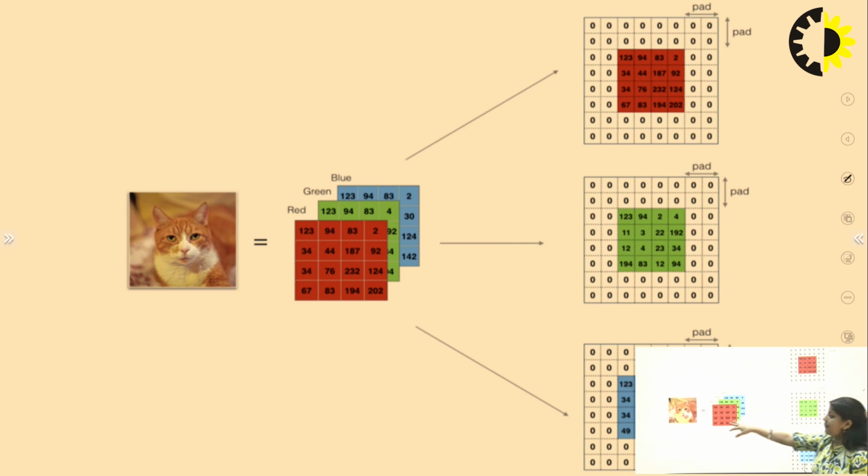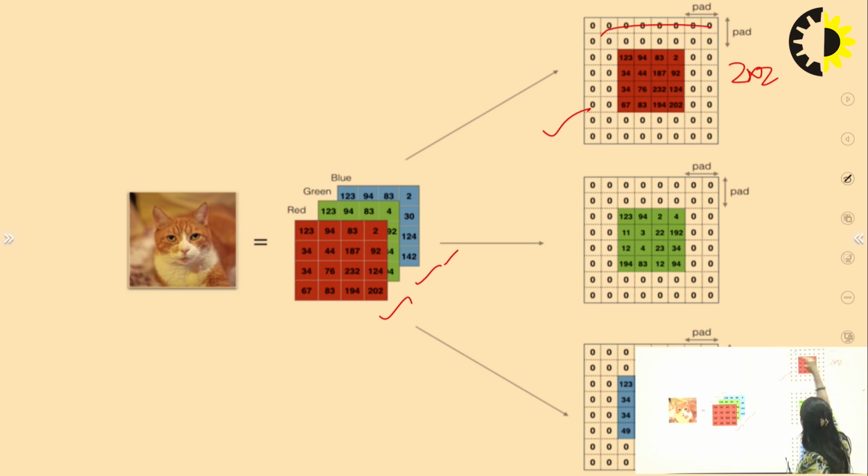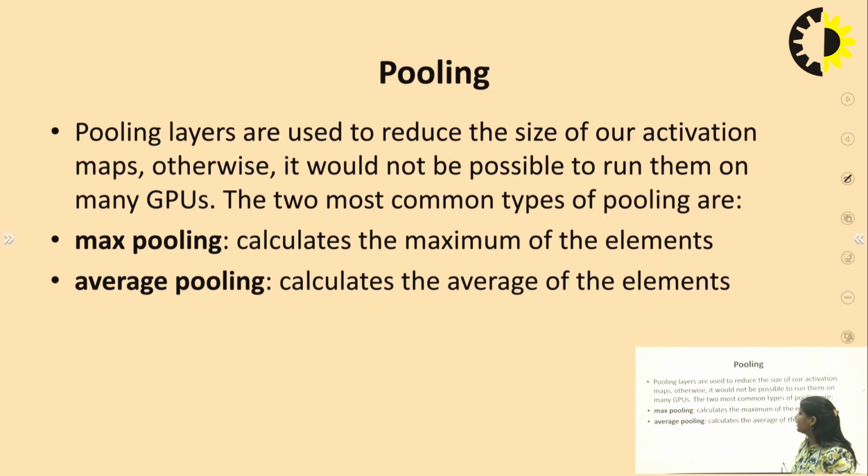We have this image, and we have 3 channels here. This is a colored image, so we have 3 channels, red, green and blue, and we have applied the filter. So we have to apply 3 filters for this, because we have 3 channels. So a red channel filter for this. After filtering this image, we just apply padding. We have applied 2 by 2 in row and column, so 2 by 2 is the size of the padding. This is for the red channel, this is for the green channel, and this is for the blue channel.